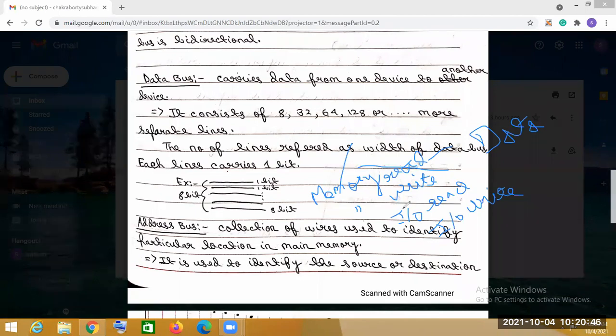And IO write is basically the data that is present on the data bus being output to the address of the IO ports. Just the opposite. So memory read's opposite function is memory write, and IO read's opposite is IO write.